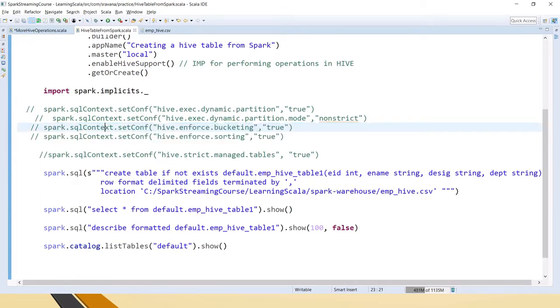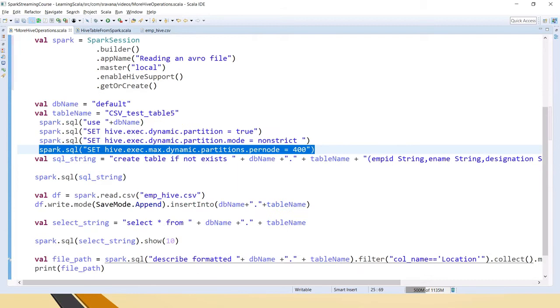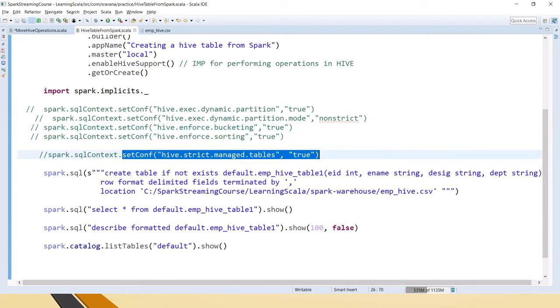You can also do spark.sqlContext.setConf, using this setConf can also be used. Okay, this way you can mention spark.sqlContext.setConf and you can send this, or you can execute it directly using this spark.sql. So when you send it through spark.sql, it will execute this in the PySpark shell, and when you do this one, it also does the same, but it will just update the configuration.